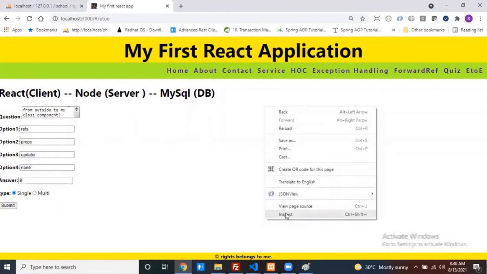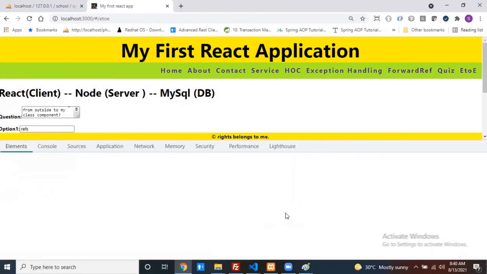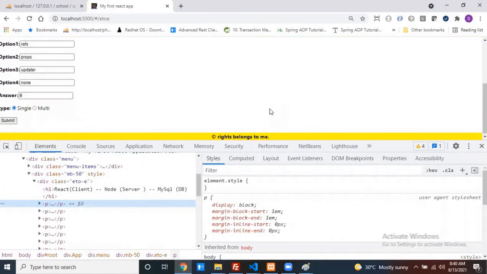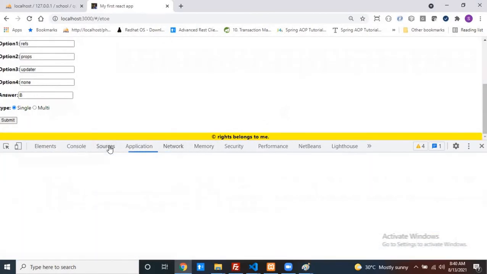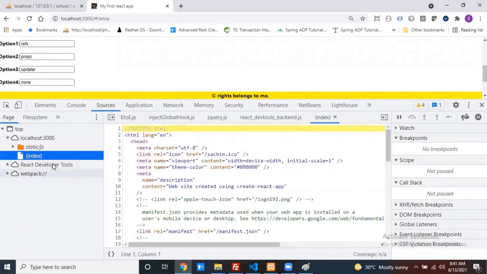Now, is my request going to the server or not? You have to test it. Which type of response are you getting? You have to check it. Where can you track all your requests and responses? In the network tab. And in the source itself, I want to debug this code now.